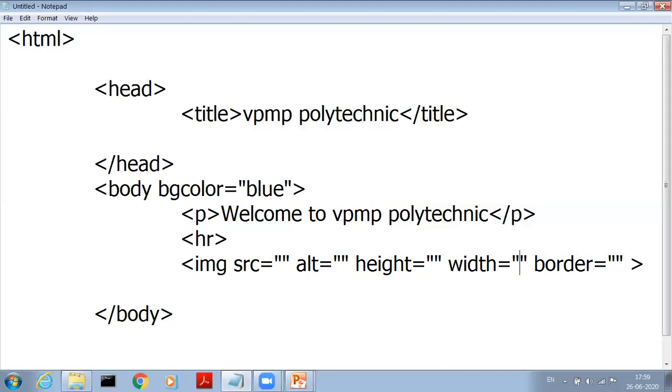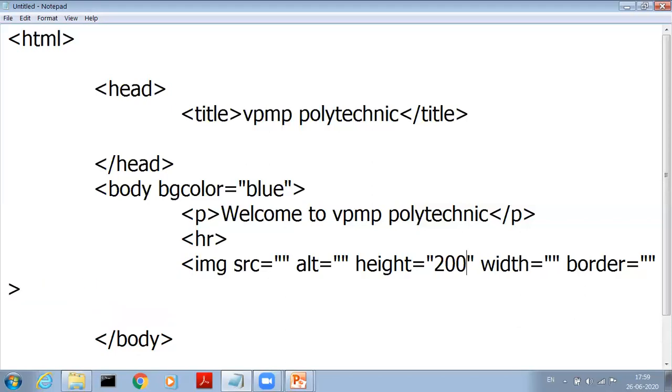Here height and width contain the height and width of an image and it is in pixel form. So I write 200 as an example and width equal to 300. And border also contains a numerical number, so I write 2, so it gives the border of an image.